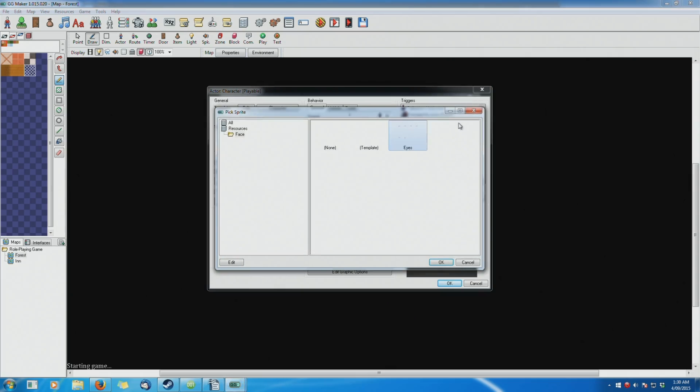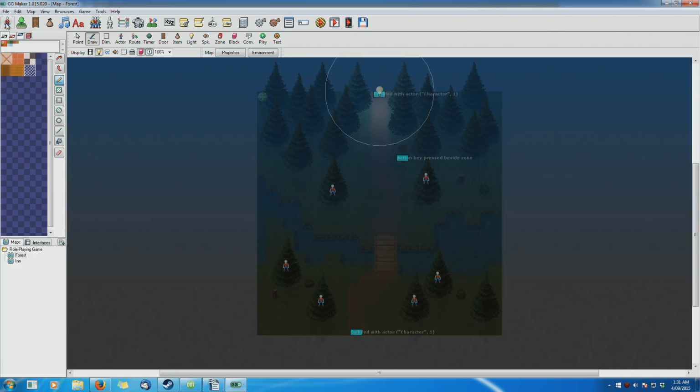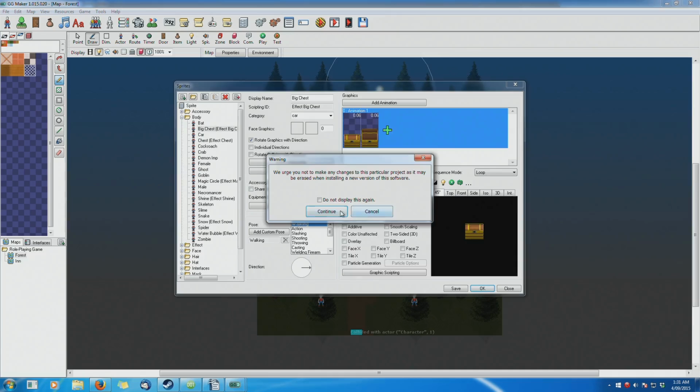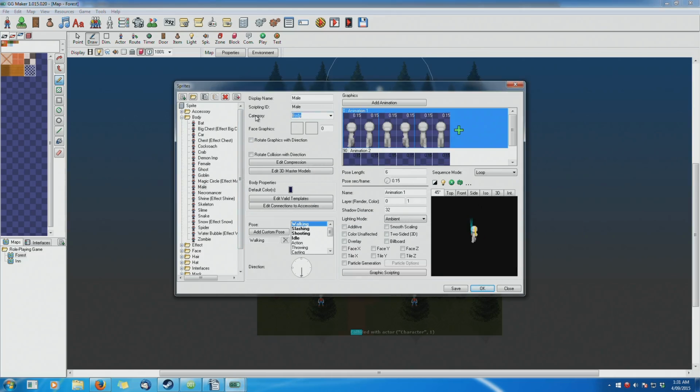Here you have face, so you can change the eyes. As you can see, he's got eyes on there. You've got hair there, shoes. You can make your own custom categories as well, which is back in the Sprite editor. You type one in instead of body, so we could type car, save, continue. Actually, that won't show up since that's actually in there, but